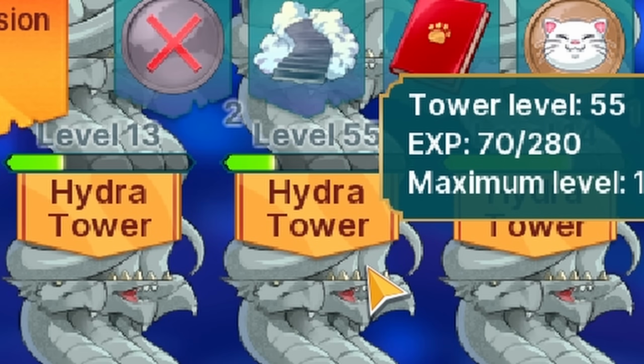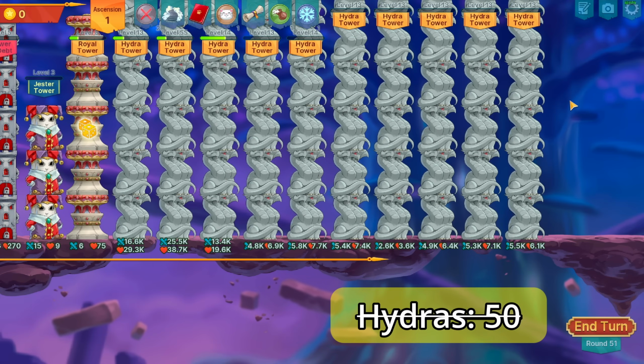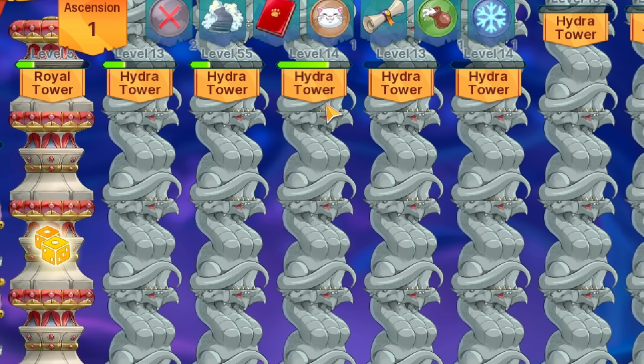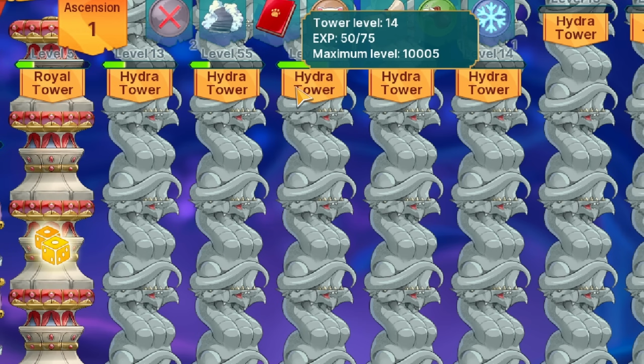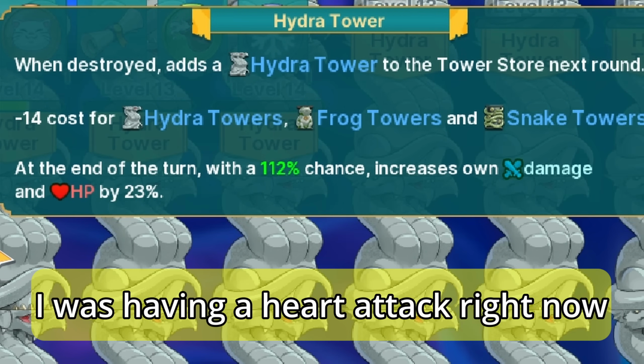level 55. Let's actually calculate just how many Hydras are here. And if my math isn't wrong, it should be 174 Hydras. Now, why did I decide to go all in on this tower? Well, the reason is quite simple, right? The epiphany...